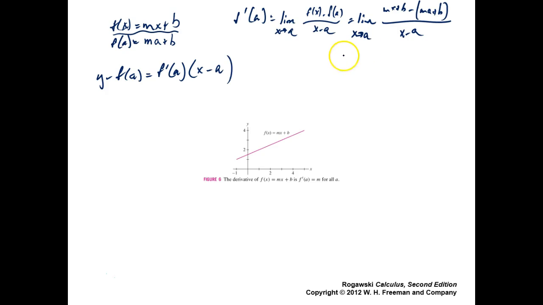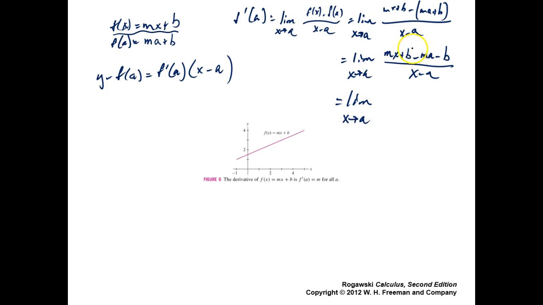Which is the limit as x approaches a of, let's clear those parentheses, mx plus b minus ma minus b, right? Distributing that minus sign across, over x minus a,